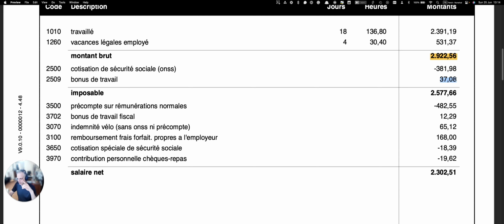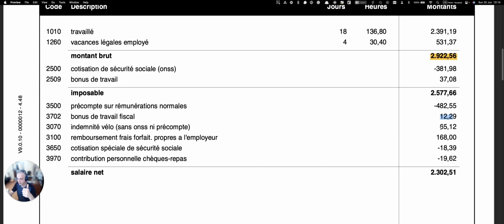This social security contribution is reduced by a bonus that makes sure that you are getting a higher salary than if you were on unemployment benefit. Out of this calculation, you get the taxable amount. From the taxable amount, the withholding tax is deducted, and this deduction is reduced by another bonus. On top of that amount,